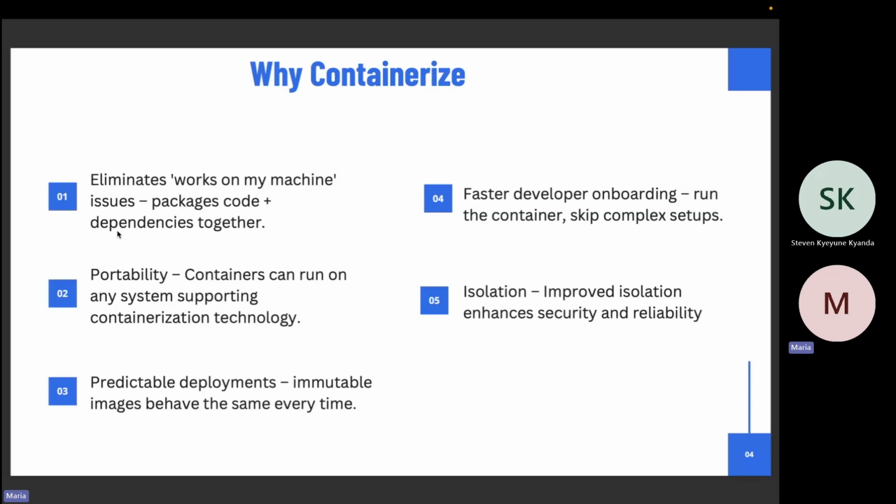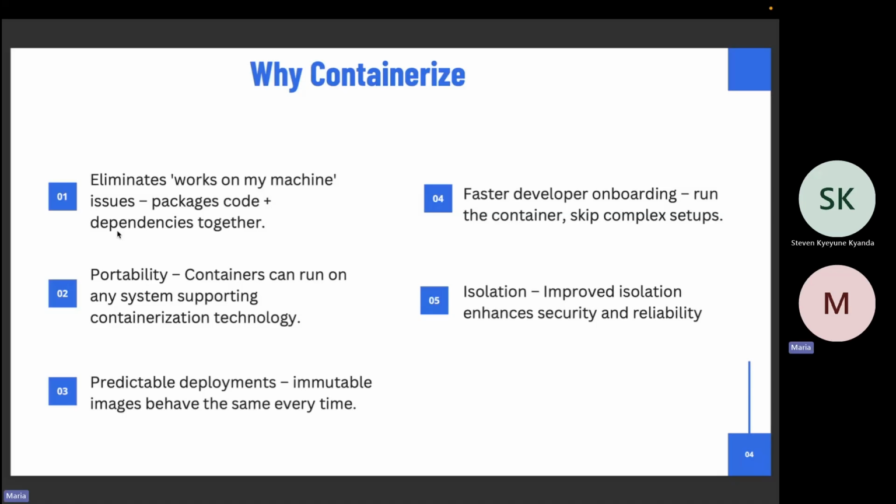So that's the common reason as to why containerization came up, to prevent this problem, to make sure that if I'm running the application very well on my machine, I can easily deploy it elsewhere and it runs still as expected without any issues.